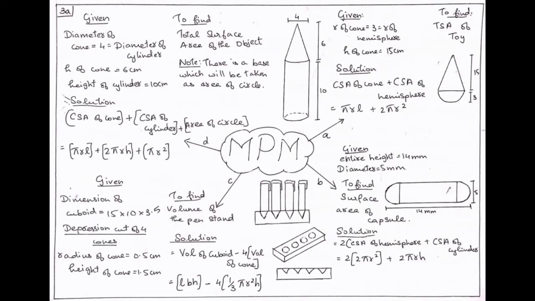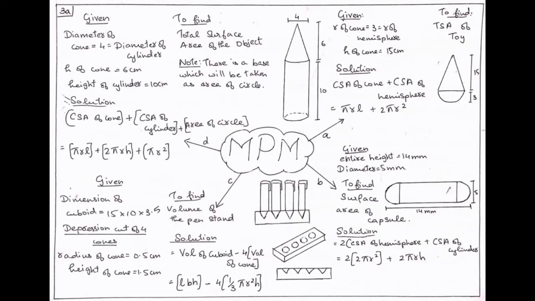square. And next up, we have a capsule, right? They've given the entire height is 14 millimeters. The capsule is in the shape of a cylinder with two hemispheres at each end. So they have given that diameter is 5 millimeter, which is same for hemisphere and cylinder. So they have asked to find the surface area of capsule, and the